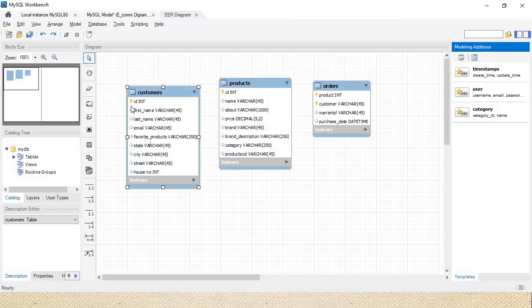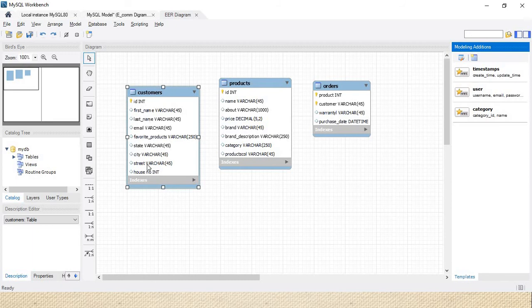For example, I have a customer ID 10 who has a favorite product MacBook, a favorite product iPad, and a favorite product AirPod. So he has three different favorite products.